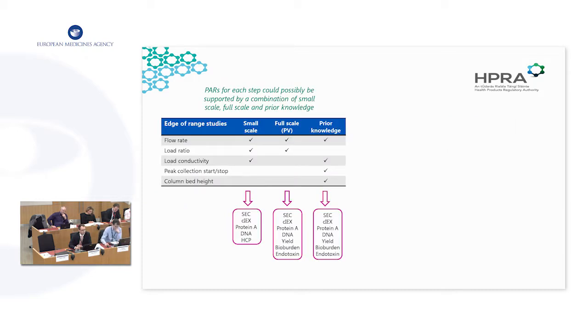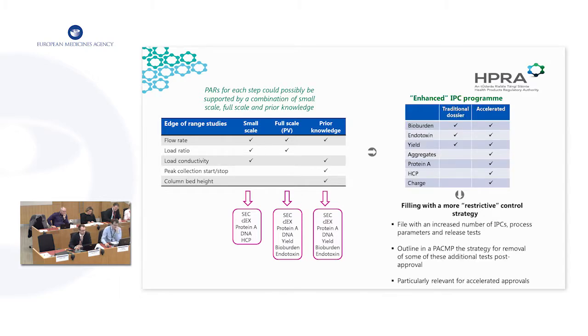product. And again, just looking at it conceptually, where you have a combination of small-scale, full-scale, and prior knowledge. You may have studied some in previous products in small, some in full-scale. You may have data from prior knowledge. And there are ways of combining this because, again, it's often a combination of inputs and outputs. And one way which you could convince, I guess, the regulators, and I think, again, this is particularly relevant for accelerated pathways, is because prior knowledge is used to plug a certain knowledge gap because you haven't studied it for